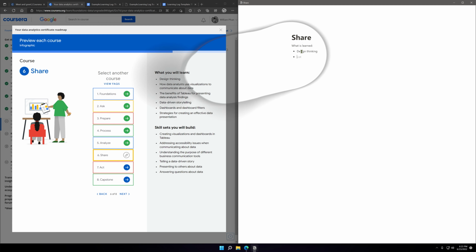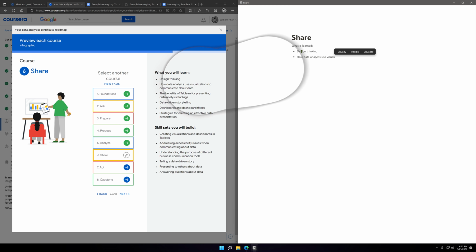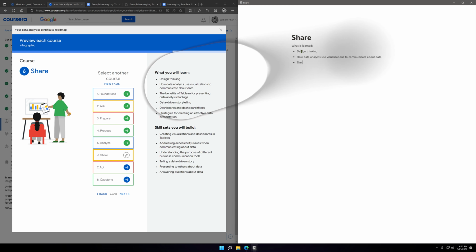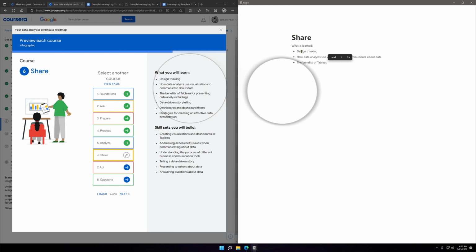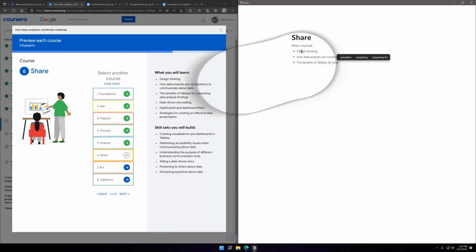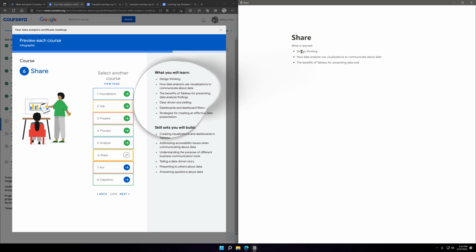Design thinking. Data analysts use visualizations to communicate about data. Benefits of Tableau. Obtaining data.